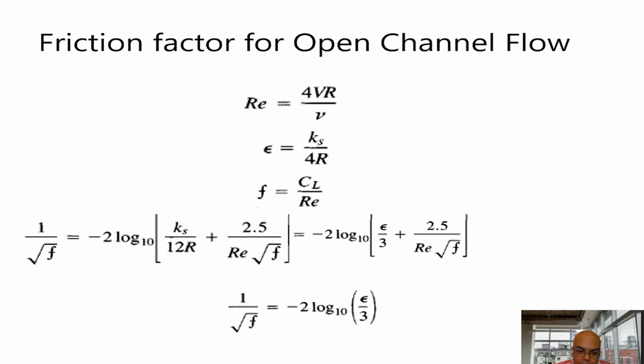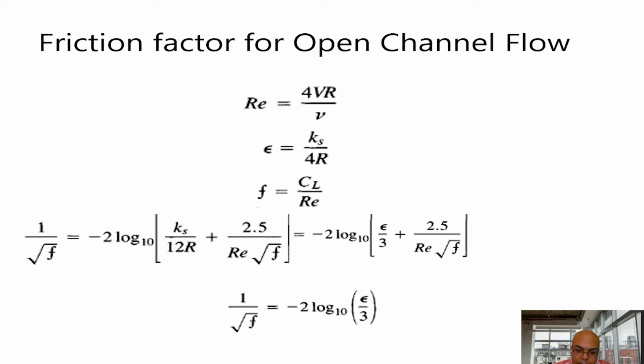This is the value we need to compute, but it is also part of the solution. So this is called an implicit equation. This equation has to be solved by an iterative procedure. First, we need to assume some f value, and then we'll get f on the left side, but since they are assumed ones, they are not equal. Then we have to modify the f value, and do it until it converges.